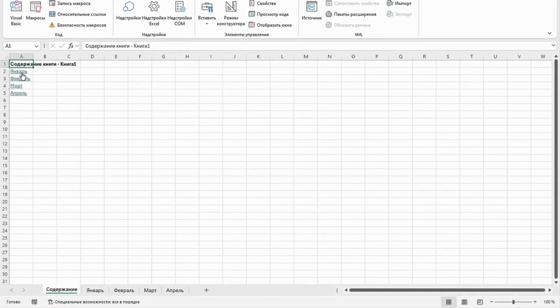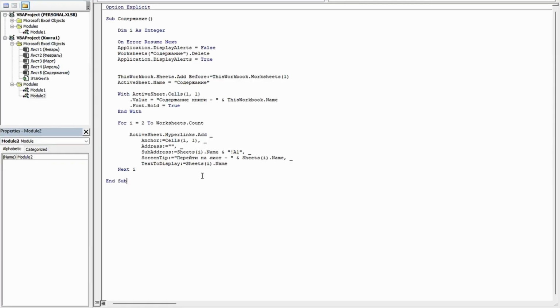For example, you can write a macro that will go through all, say, 1,000 or 2,000 rows in your table, find key information based on specified parameters, highlight that row with a certain color, for instance, or simply copy that row and move it to another tab or another sheet. And that essentially is work, right? That is, you don't have to do it manually. You can write a program that will do it for you.